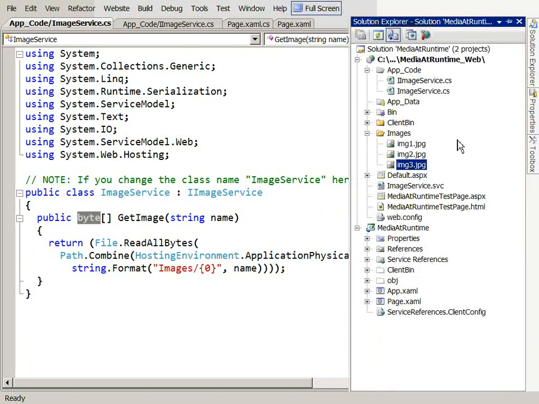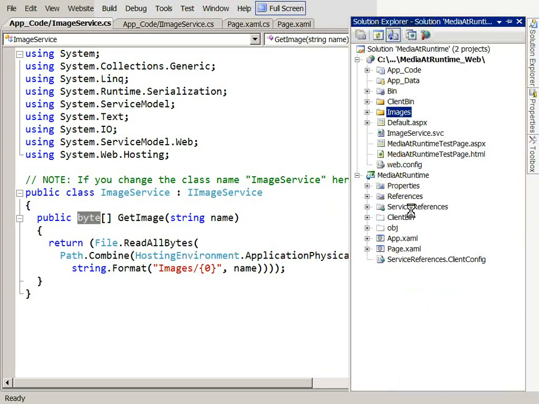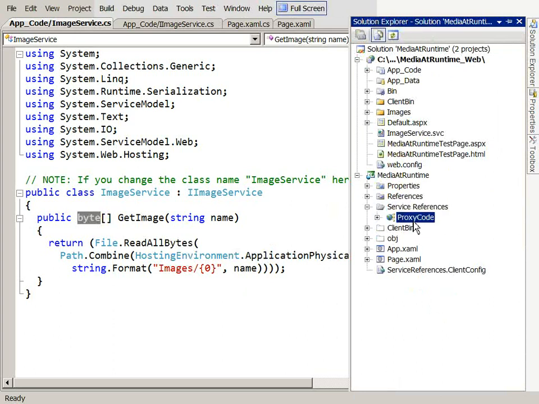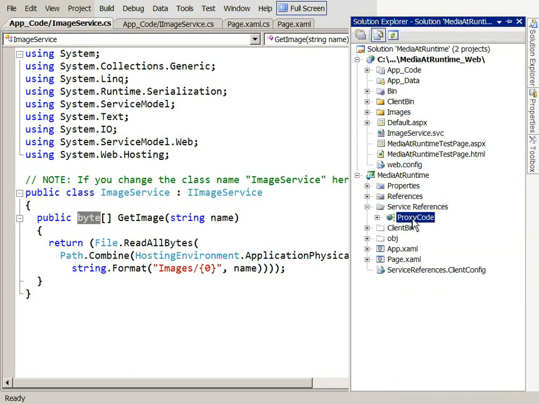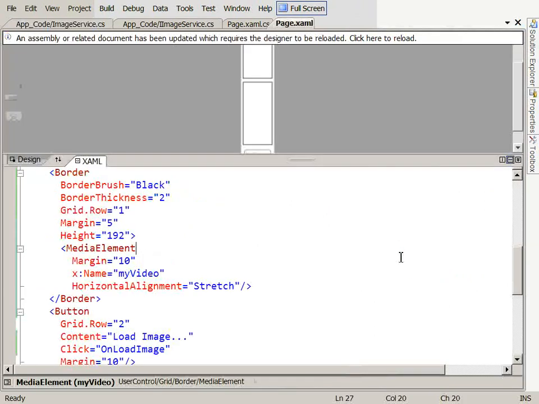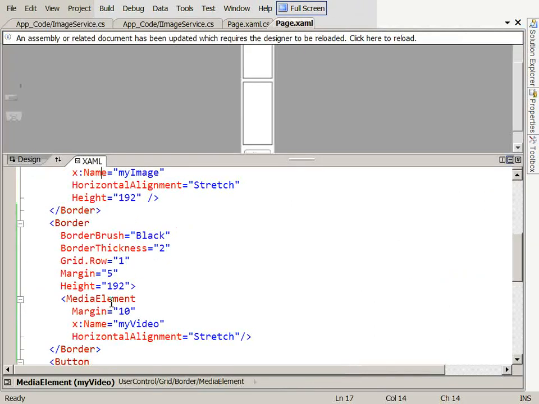Okay, so that's fine. Let's go and see that we've added a service reference already to that web service. So we have a service reference here, proxy code. I just did that with add service reference to that particular service, and it generated me this code here, proxy code. So let's refactor our UI a little bit so that we can go ahead and call this service. Let's go back to our page.xaml. I'm going to take away some of this UI. Instead of having this